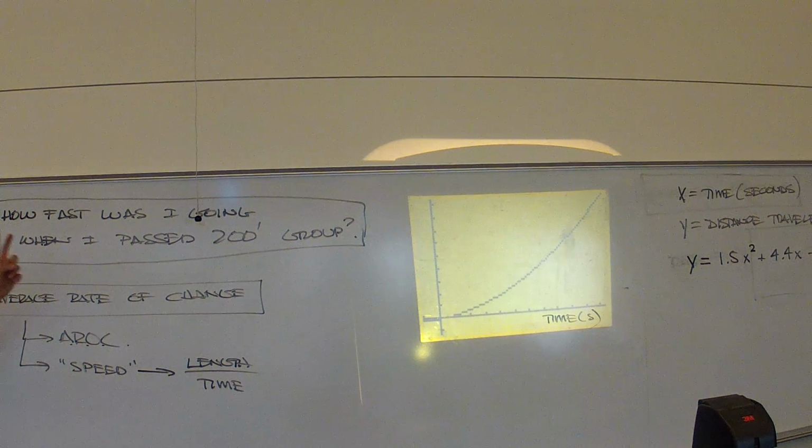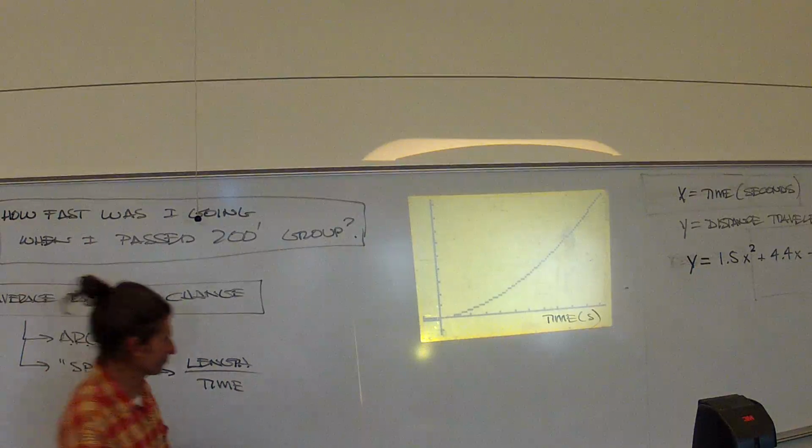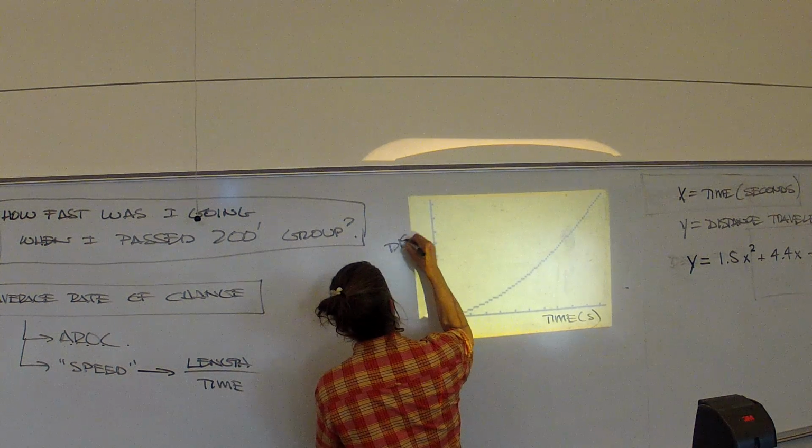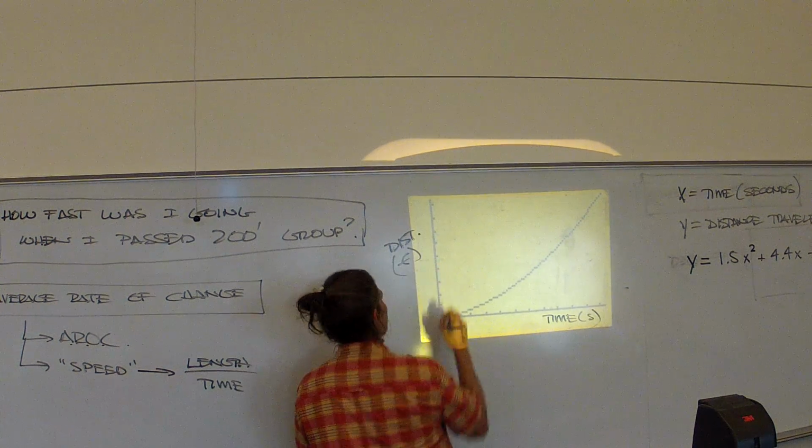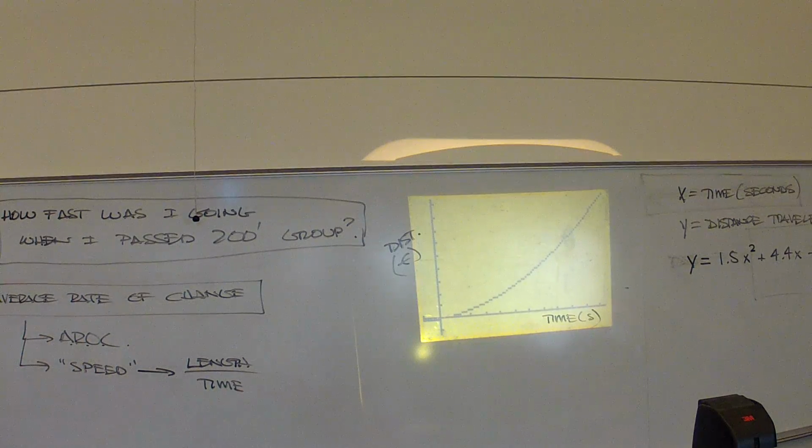What's on the vertical, friends? Distance in? This up here is distance in feet. So you see, we have the units set up for speed. We've got feet per second. You guys buying this? You buying this logic? Please. Matt, go ahead.